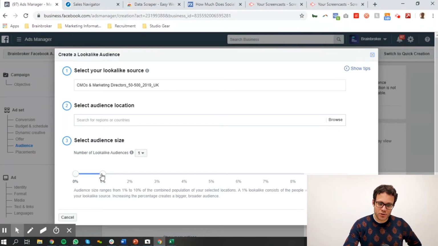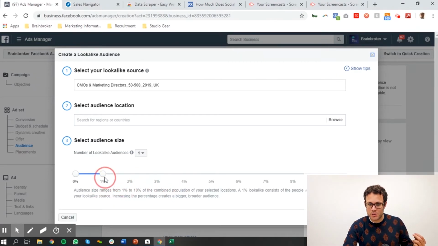And you can obviously extend it to 2 to 3%. This is typically done for B2C companies where it doesn't have to be too on the nose. But if you're a very niche company, you kind of want to stick to 1% if using it at all, to be honest. And if you do the 1%, you also want to then layer on top the country. So it's going to find the 1% of people in your country that most closely match your seed custom audience.